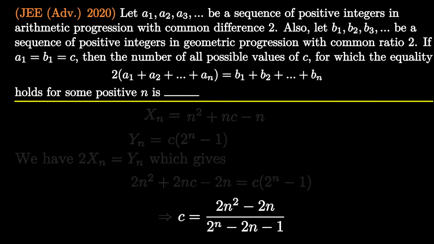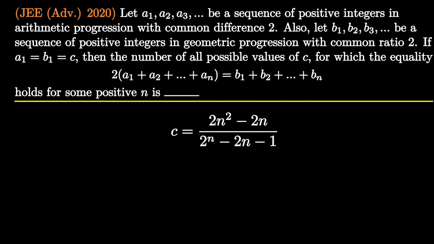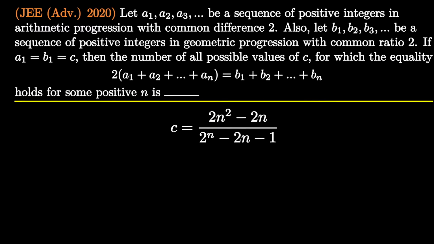So far everything was routine. Now the challenging part begins. Notice that we have a single equation in two variables. We need to solve this equation for variables c and n. There is no short way to deal with an equation having two or more variables. In general, we have infinitely many solutions of an equation having more than one variable. But if the variables are constrained, we may get finitely many solutions.